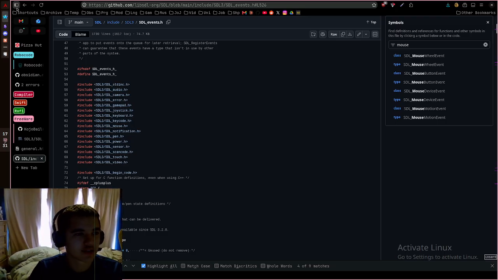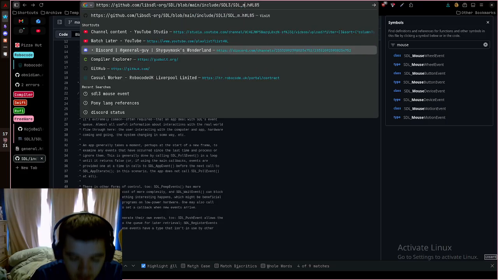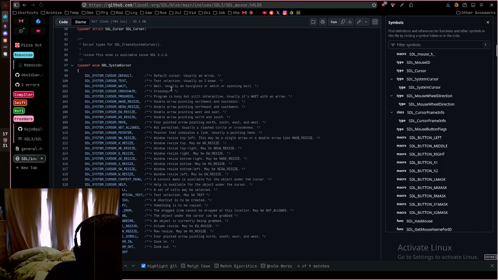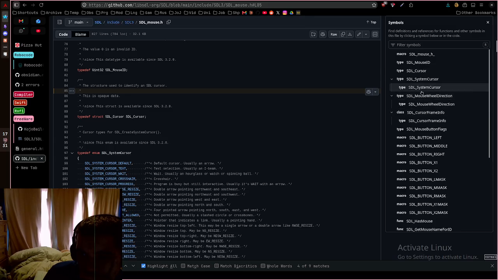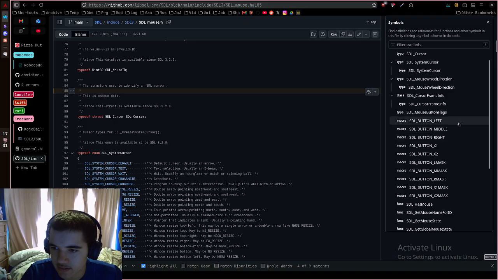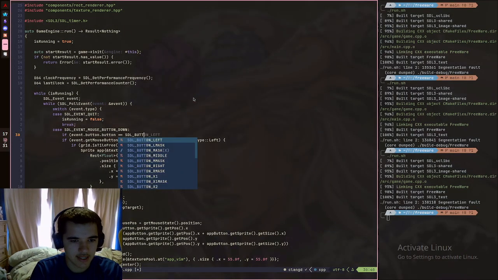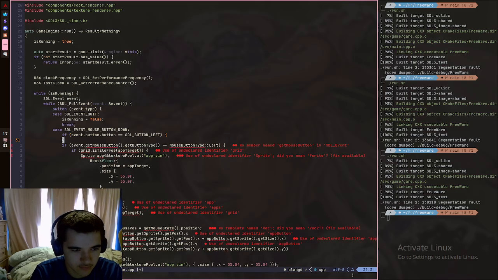I guess check SDL mouse header. SDL mouse.h. Cursor, wheel direction. Oh, okay, so it's an enum. They're macros. So like SDL button left click, right? It's just one. Right. So the SDL button left. Very weird naming convention there. Makes it very confusing, but if it's that, which is the equivalent of that,